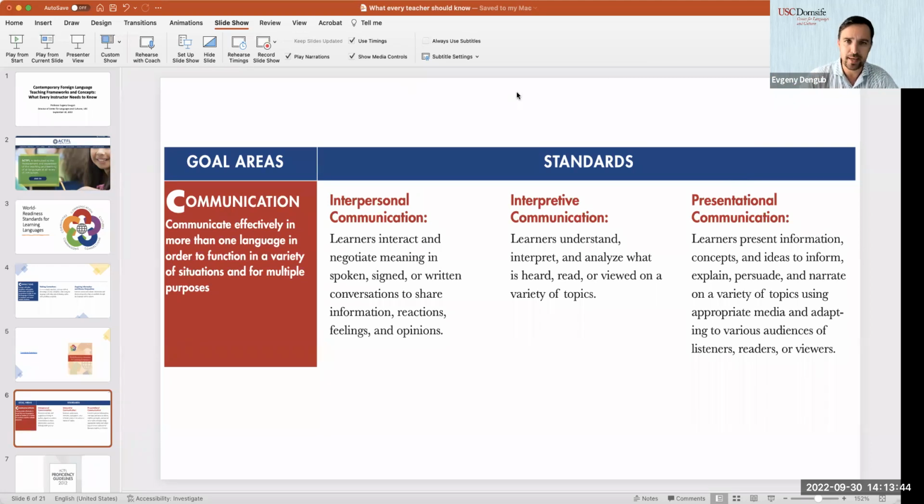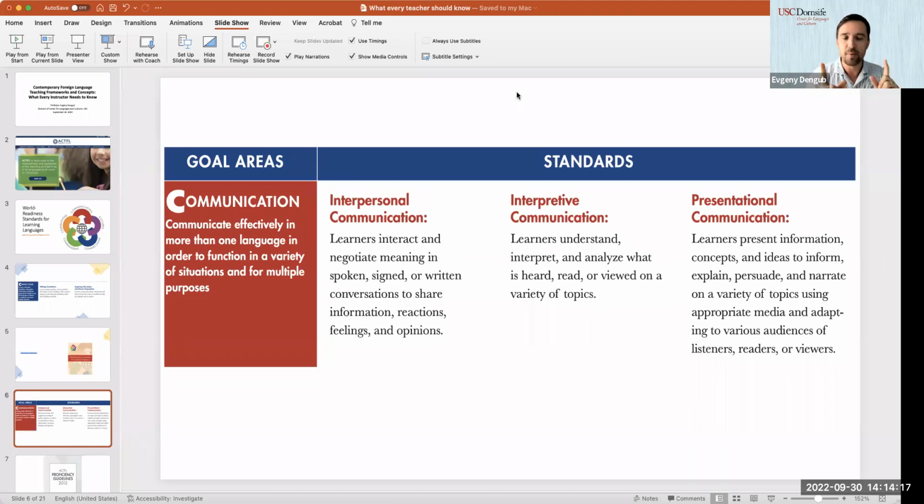And also, what do I test? If what we did in class was mostly dialogues and brief conversations, why is my test to prepare a report or make a presentation about your family? So there's a mismatch here. Ideally, you should be testing what you taught, and the types of activities you include in a test should mirror as much as possible the types of activities you did in class.